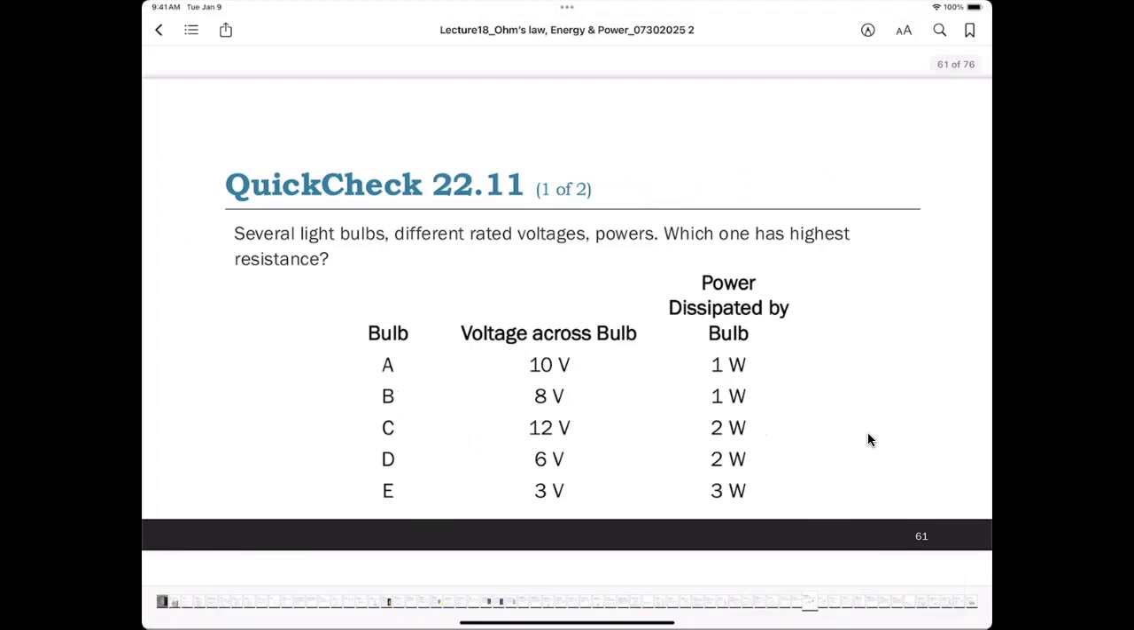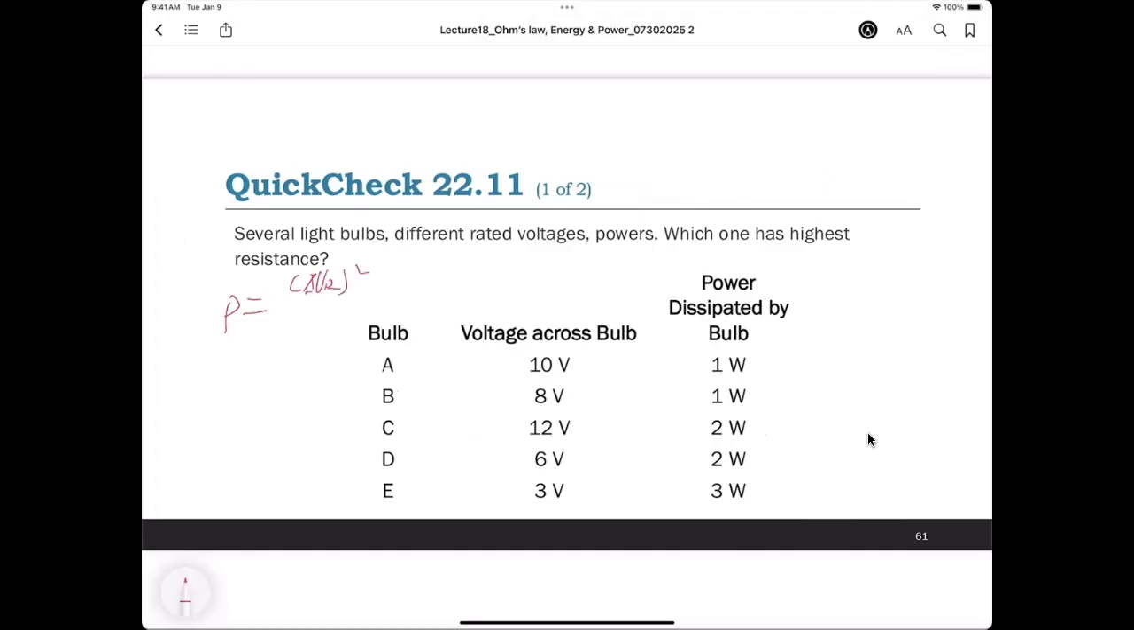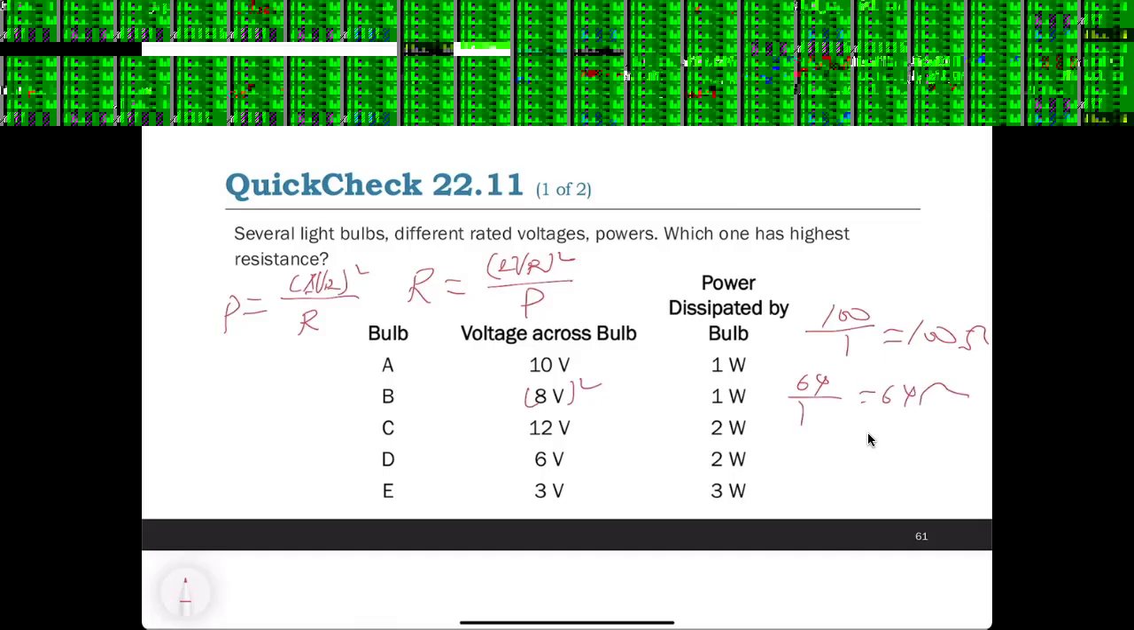Several light bulbs with different rated voltages and powers. Which one has the highest resistance? We can also use P equals delta VR squared divided by R, so the resistor will equal delta VR squared divided by P. So the first one, the resistor is 100 divided by 1, it is 100 ohm, and this one is 16, because the square 16 divided by 1 equals 16 ohm, and this one is